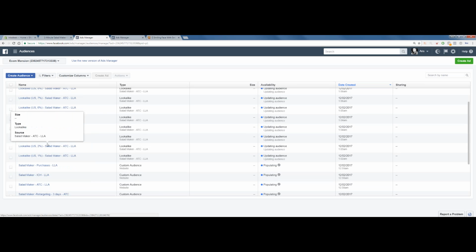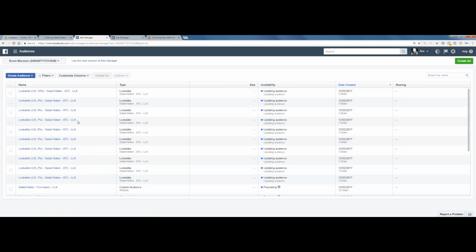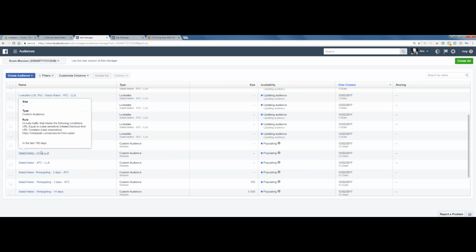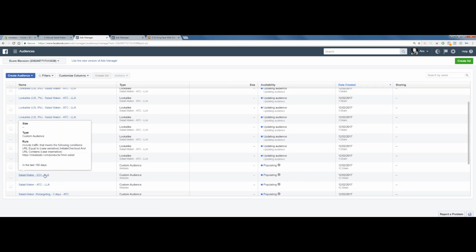So we want people from the 1% to look like the audience that added to cart on our store, and the 2%, 3%, all the way to the 10%. Do you understand this? We're gonna do the exact same thing here with these 10% with initiate checkout and purchases.